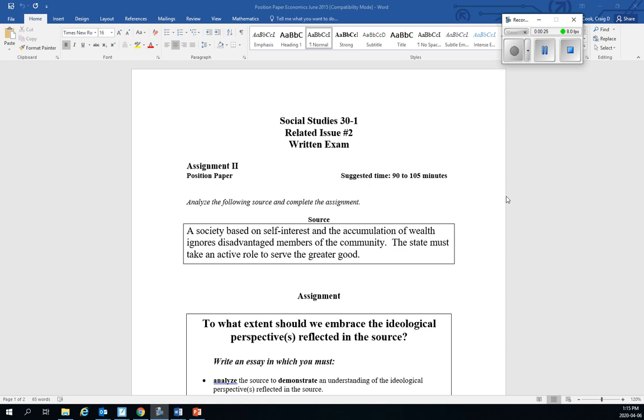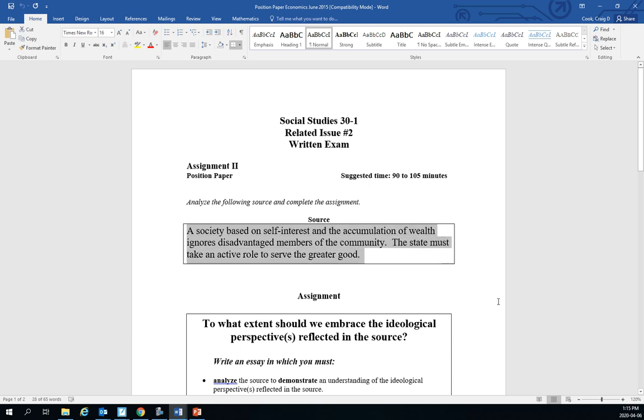So this is the way it's going to work. You are going to get a source. So here's an example of a source that I've got on the screen right now. In fact, this is the paper that I'm going to assign to you later on in the lesson. Anyway, you're going to get a source, and step one is going to be interpreting what that source is actually